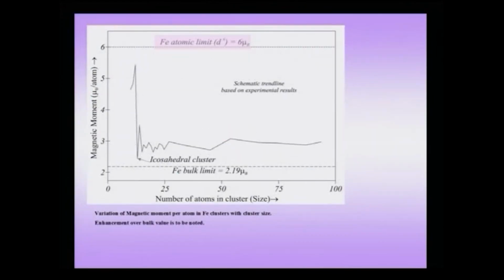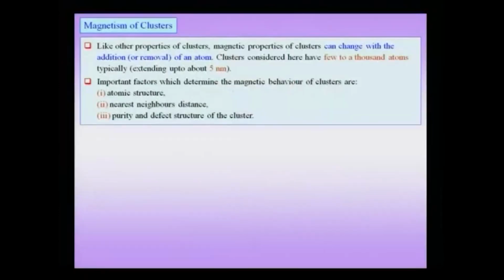This division of properties was based on the variation of a property with the addition or removal of more atoms. In fact, magnetism in some sense is an ideal property to make this kind of distinction between a small cluster, a large cluster, and a nanocrystal. We said that small clusters are that size regime wherein the addition or removal of a mere atom can cause a large variation in the property. And here, of course, we are talking about a property like the ferromagnetic property of a cluster of atoms.